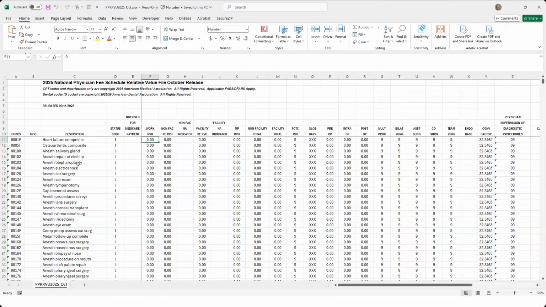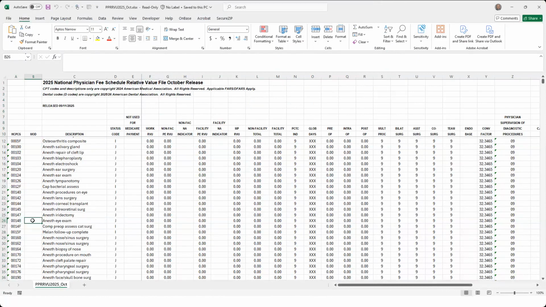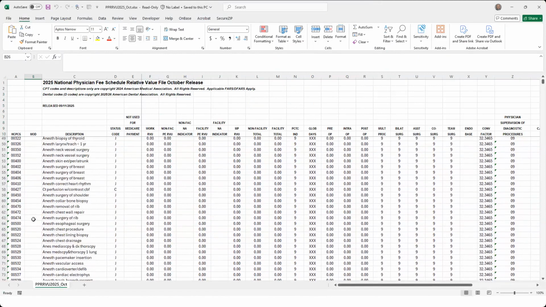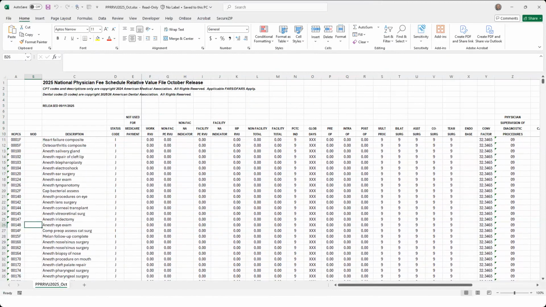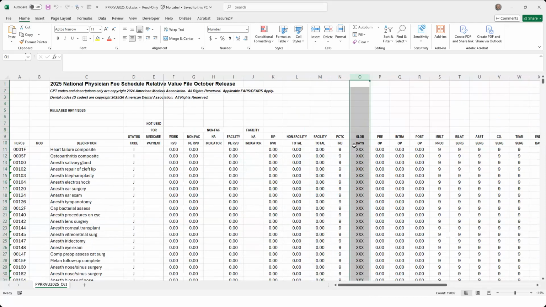Okay, here we go. Here's your procedure code. Here's a modifier. Sometimes a modifier will affect things, other times it will not, but if a modifier needs to be there, this is what it will tell you. In this case, the modifiers you're looking for are not affected by that column, so we're going to skip that column normally. We're going to come all the way over, and you will see in column O, in this case, a bunch of X's. This is where you'll find the 0, the 90,